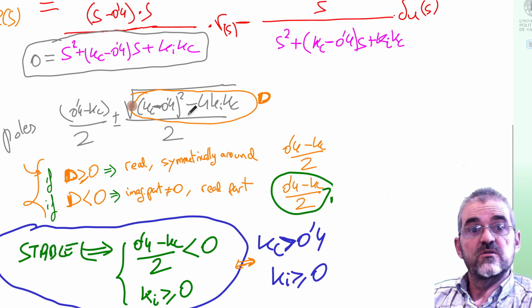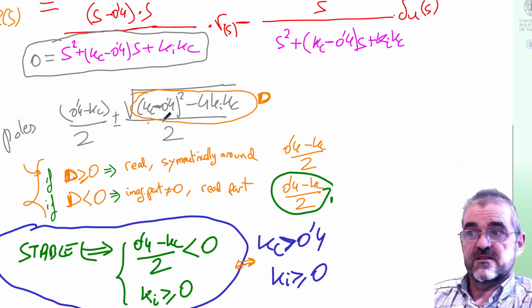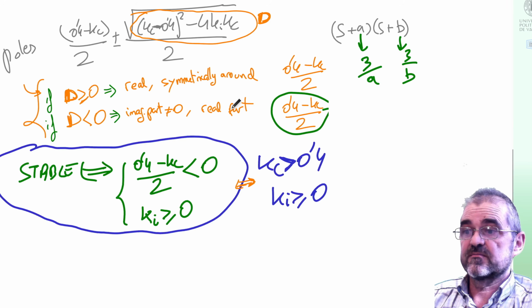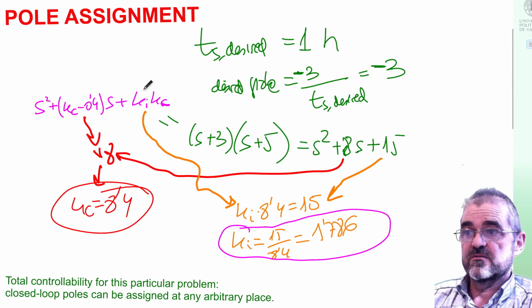With these poles, if the constants were fixed, we carried out the so-called analysis problem, determining stability, settling time, oscillation frequency, etc. And in fact, we also carried out the so-called pole assignment or pole placement methodology,